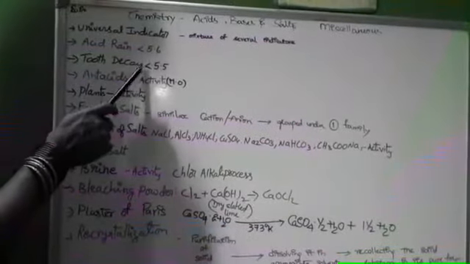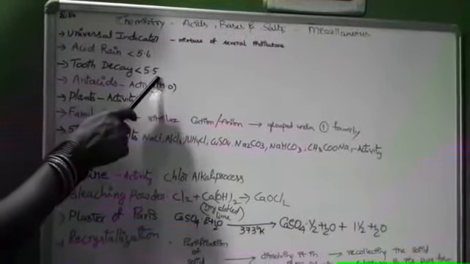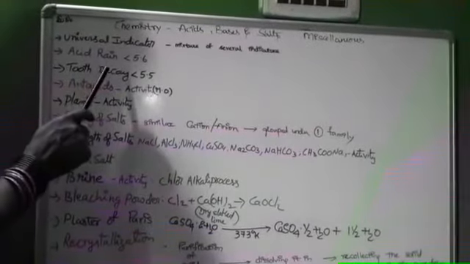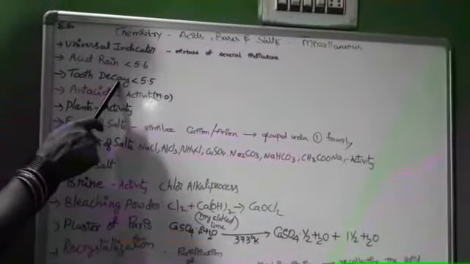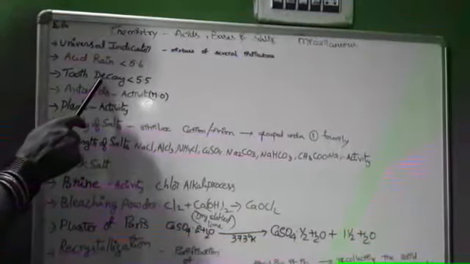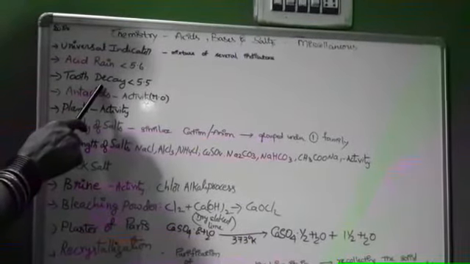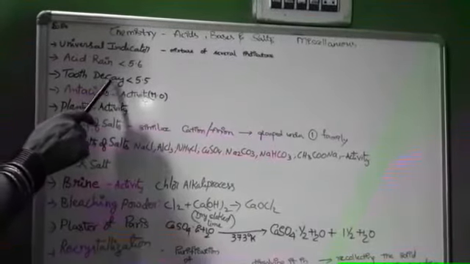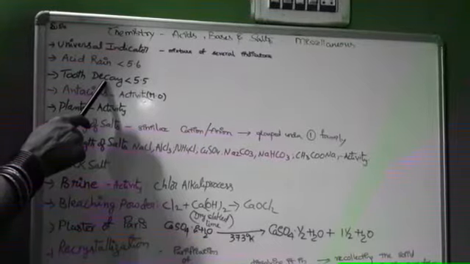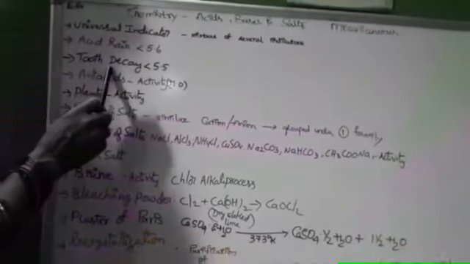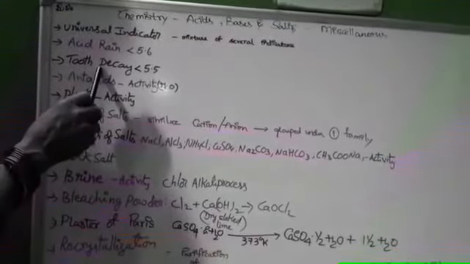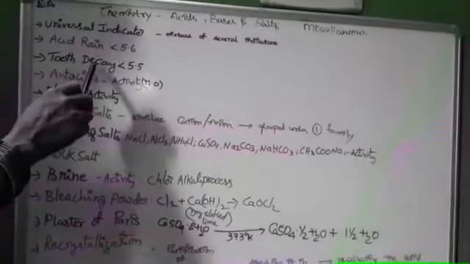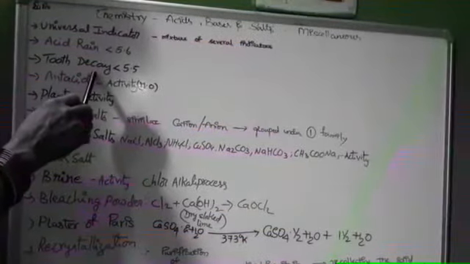If the saliva has a pH less than 5.5, it leads to tooth decay. Whenever bacteria combine with leftover food in the mouth, they release organic acids. Those organic acids can destroy the uppermost layer of the tooth called enamel, and then it leads to tooth decay. To prevent tooth decay, we use a basic type of toothpaste.